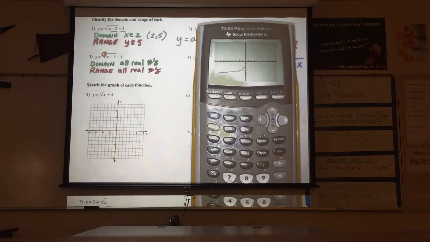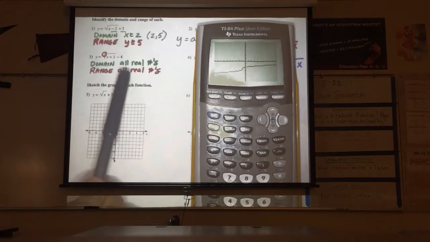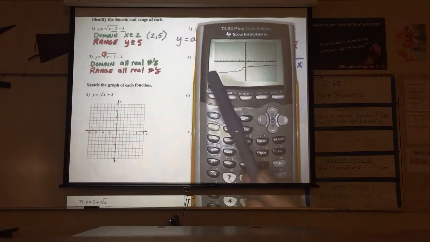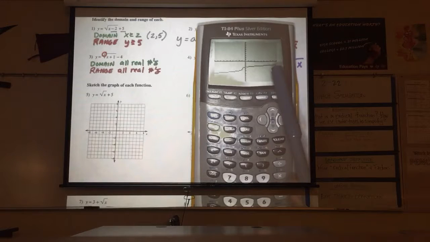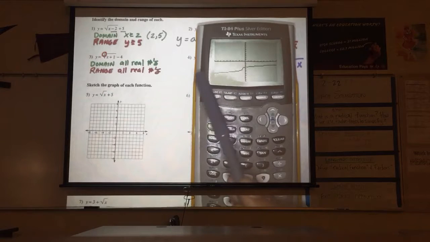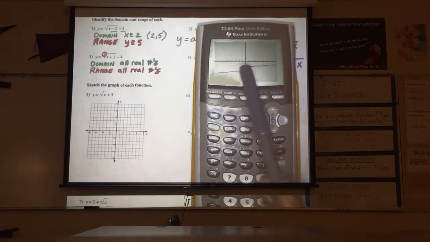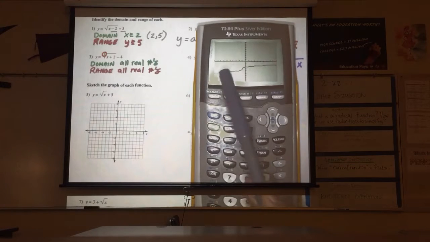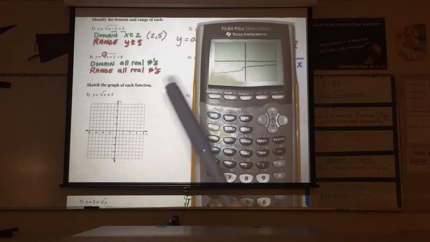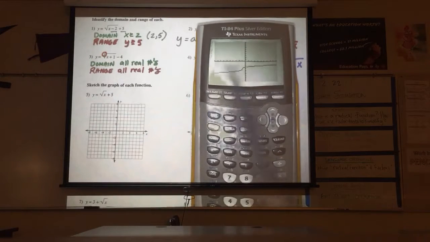And as you can see, this graph is continuous and it keeps going. So when I look at the domain as all real numbers and the range is all real numbers, that means that I can plug in anything for x. Any x value can be an input, and any y value can be an output. If we were to expand this infinitely, you would see that as slow as it's moving, it would keep getting bigger and bigger going to the right on the positive end, and it'll keep getting smaller and smaller going to the left. So all the x coordinates are included as well as all the y coordinates,